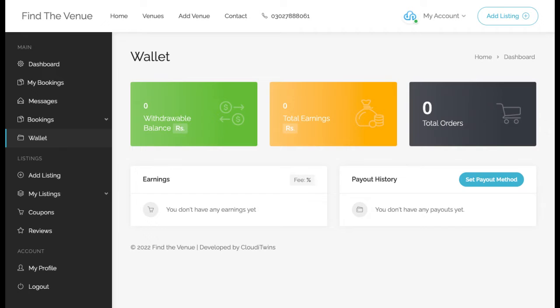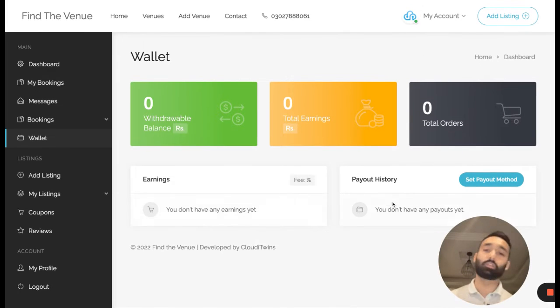It will just ask you for your banking information and payout history. At this moment, this is not possible for us to integrate. We will only have this feature available for venue holders who have verified those locations. That is the upgraded feature, which you can email us at info@findthevenue.pk